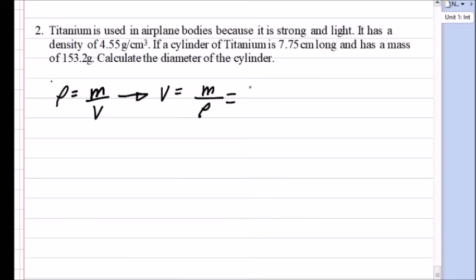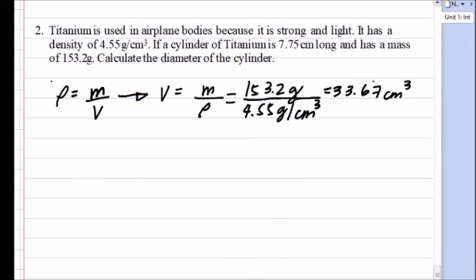So, ang mass natin is 153.2 grams. So, although hindi nga naka-SI yung ating units pero compatible naman yung mga given natin. So, kaya okay lang naman. Then, 153.2 gram divided by 4.55 gram per cubic centimeter. So, you will have 33.67